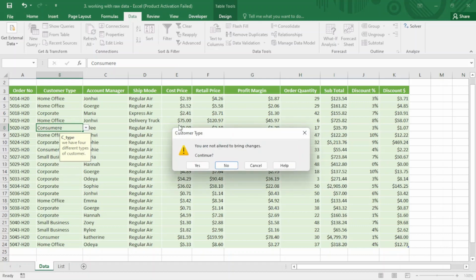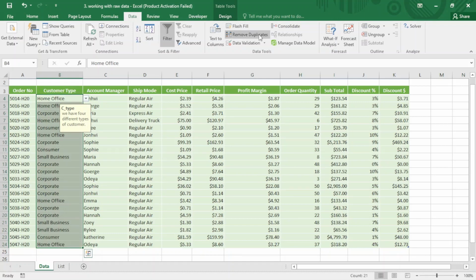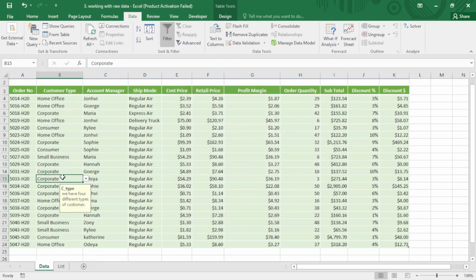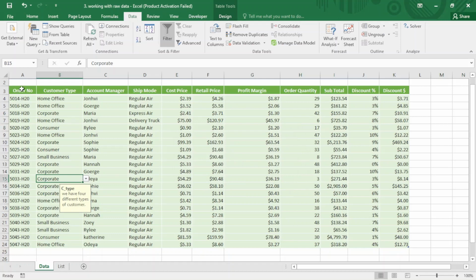So now I go back, I select this again, I go back to data validation, and I just change this warning to stop. Okay, so now I want to bring changes here. I just type E again and enter. You can see you are not allowed to bring changes, I cannot bring changes. So I just cancel this, and here